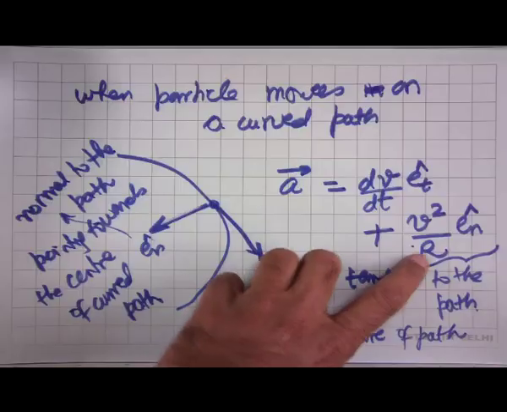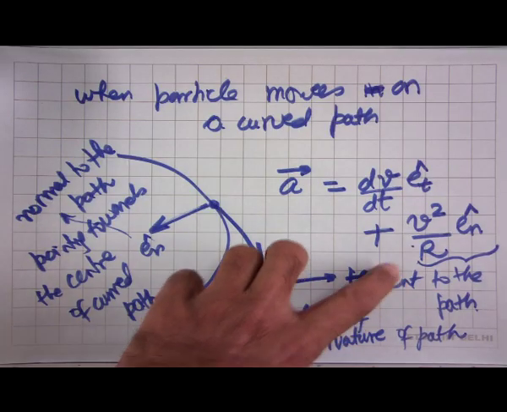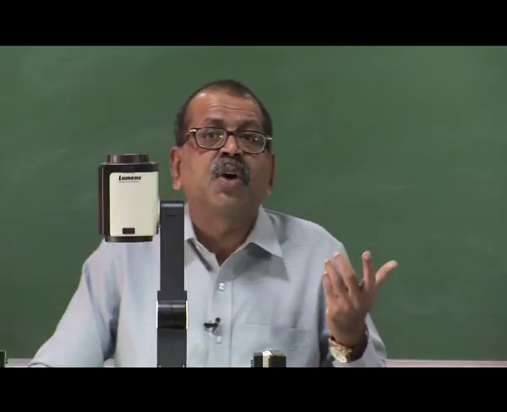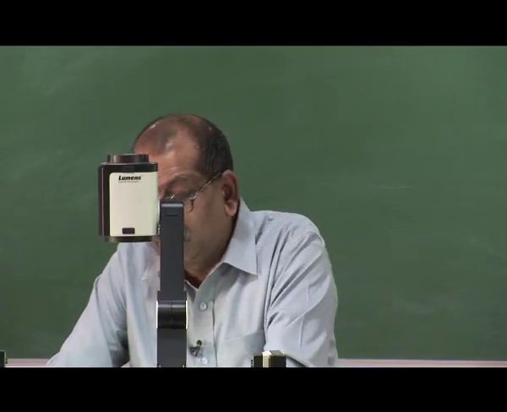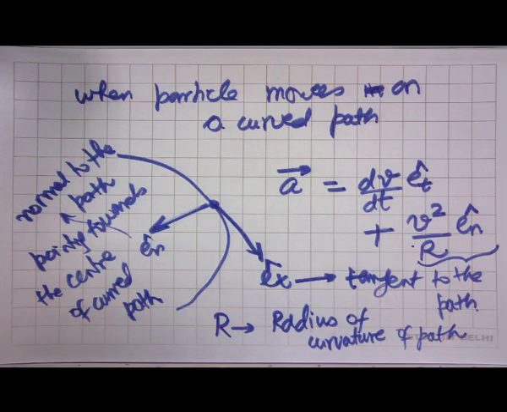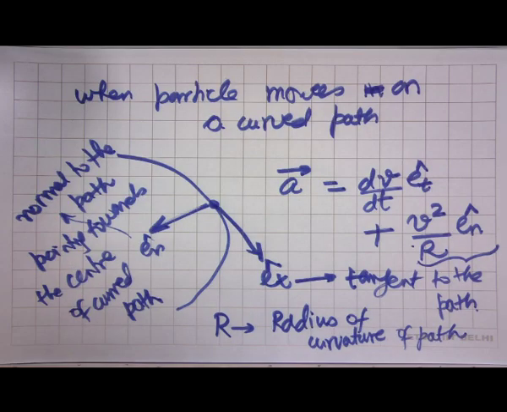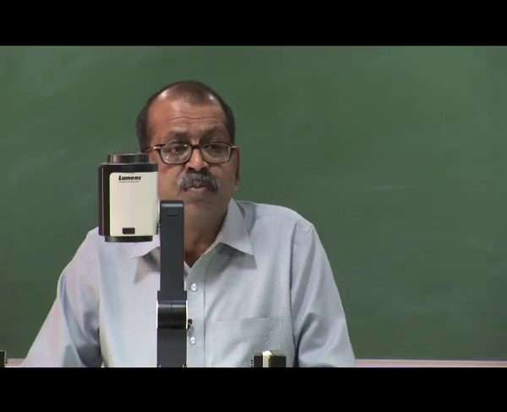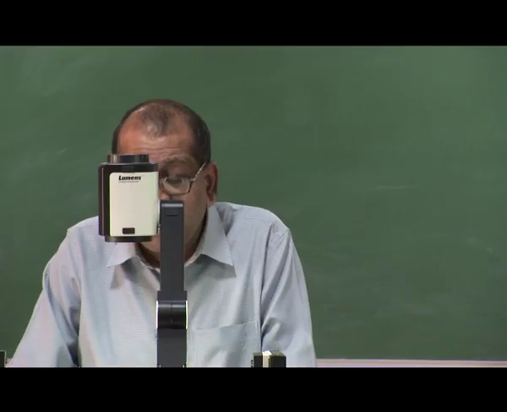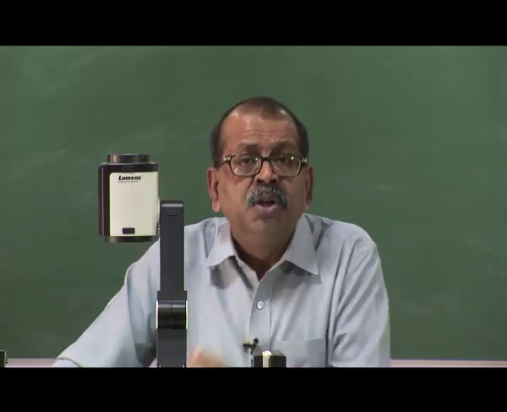And we can also see it from this equation in the fact that when the particle moves in a straight line, then the radius of curvature is infinity. So therefore, v square upon r becomes 0. But by virtue of the fact that the particle is moving along a curved path, and if its speed is not 0, which will be there because it is moving, then the acceleration has to have a component normal to